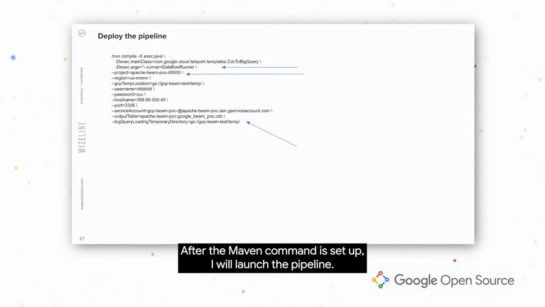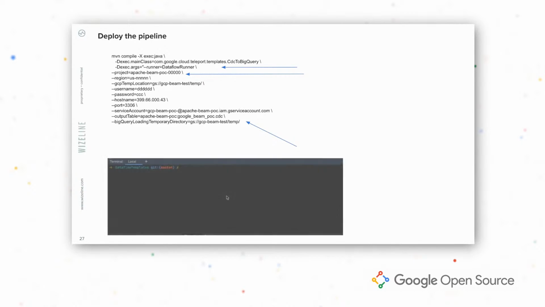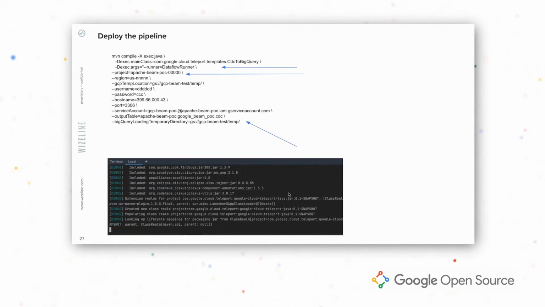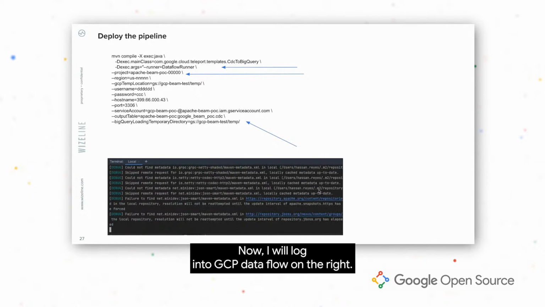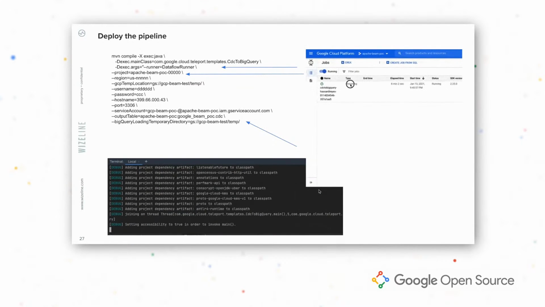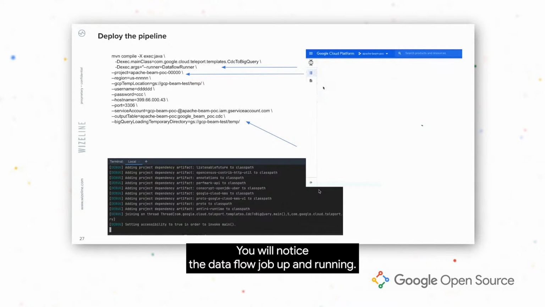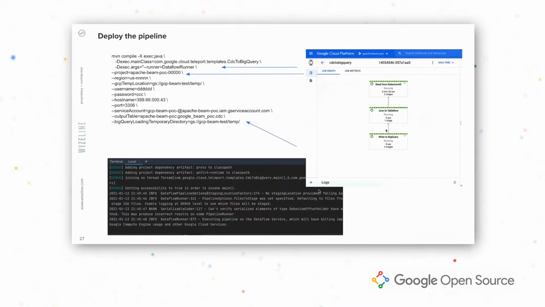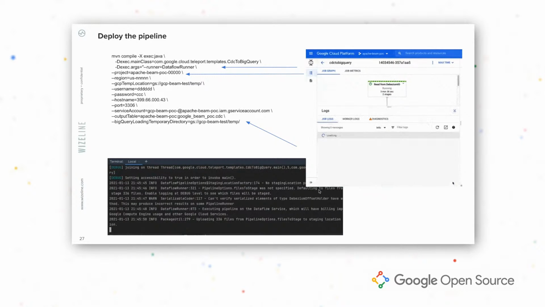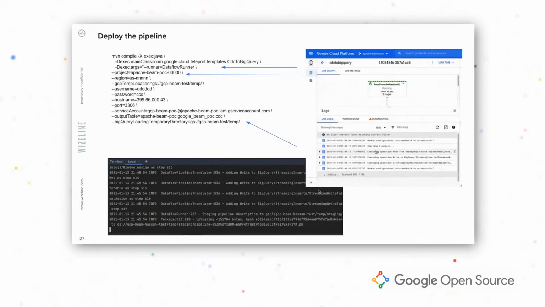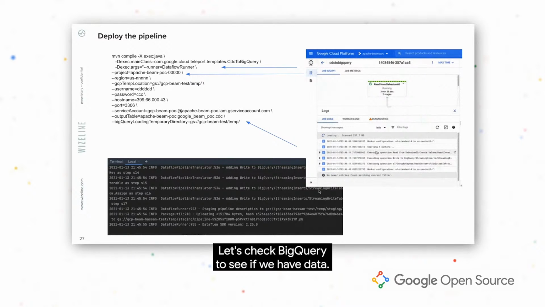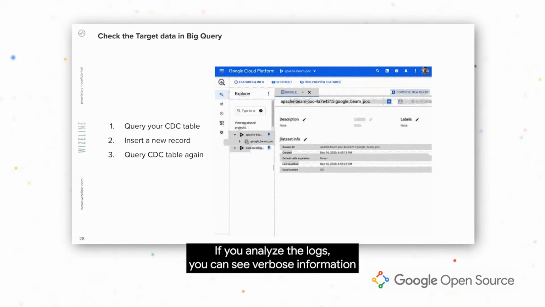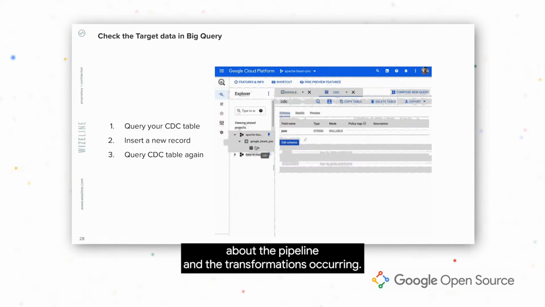After the Maven command is set up, I will launch the pipeline. You will see the pipeline building on the bottom of the screen. Now I will log into GCP Dataflow on the right. You will notice the Dataflow job up and running. Let's check BigQuery to see if we have data. We do have data. If you analyze the logs, you can see verbose information about the pipeline and the transformations